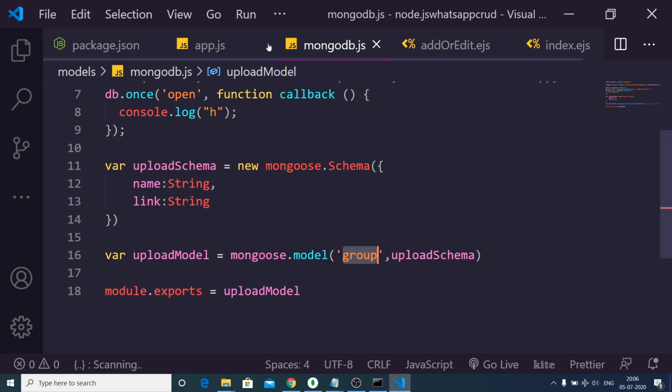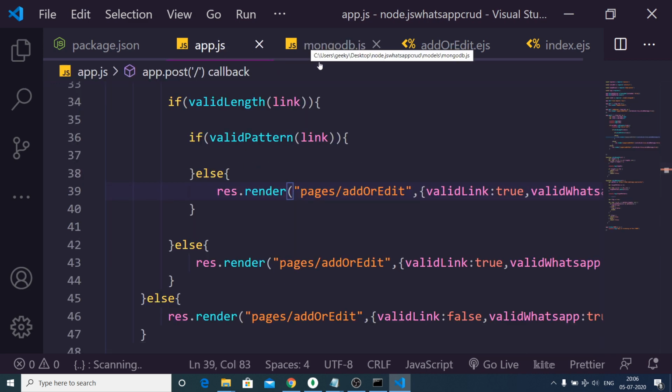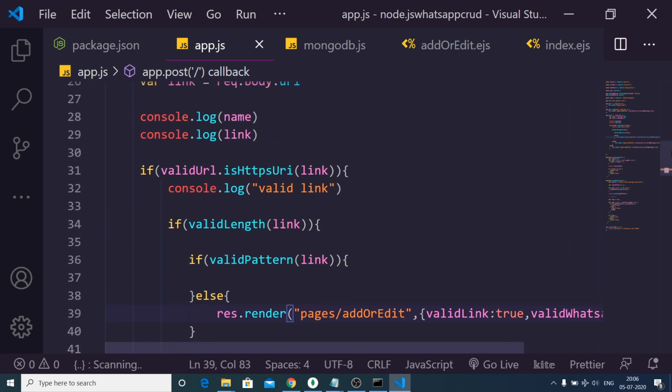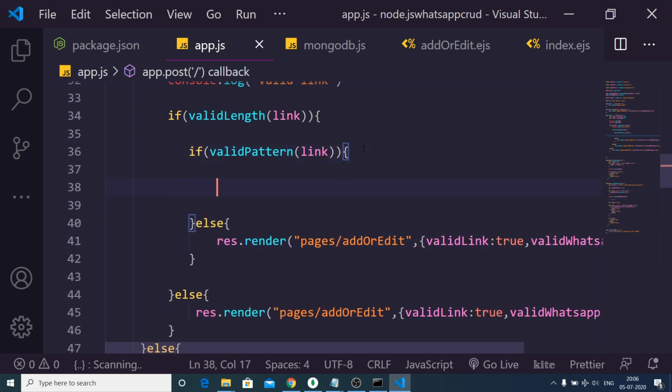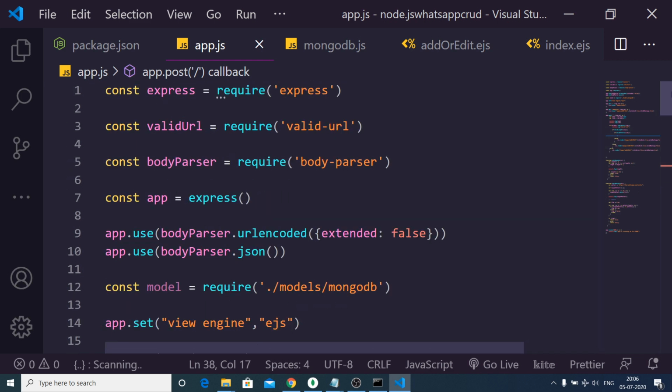And now after all these validations, we will now be in a position to insert this record inside the database. So in order to insert the data inside the database, we will take the model which we have initialized here. So this is a model which we have.